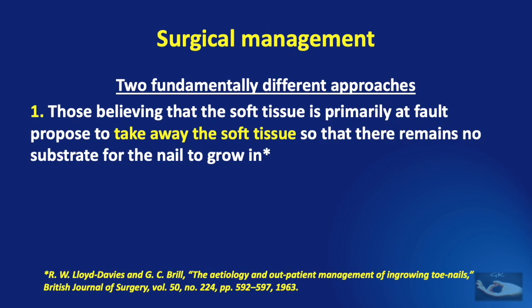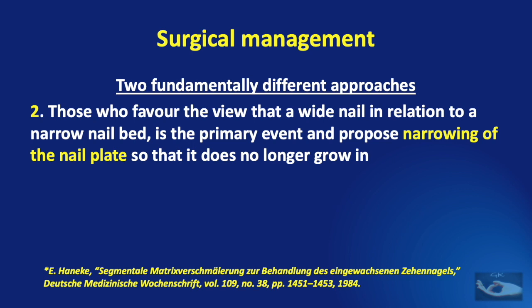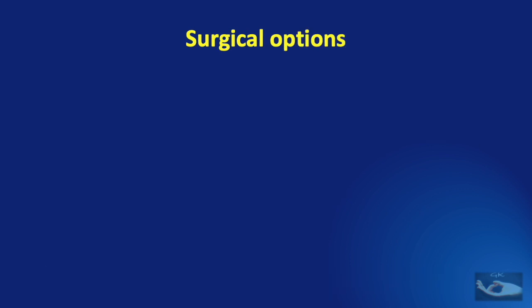As far as surgical management is concerned, there are 2 fundamentally different approaches. Those believing that the soft tissue is primarily at fault propose to take away the soft tissue so that there remains no substrate for the nail to grow into and cause inflammation. On the other hand, there are others who favor the view that a wide nail in relation to a narrow nail bed is the primary event and propose narrowing of the nail plate so that it can no longer grow into the soft tissues. There are many surgical options available, but we shall discuss a few of the commonly done